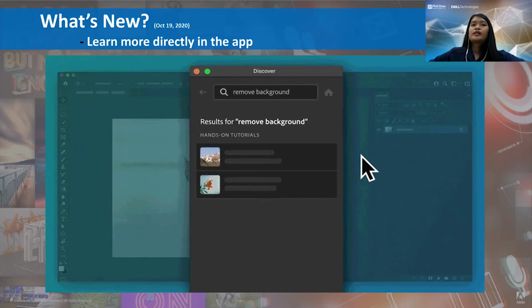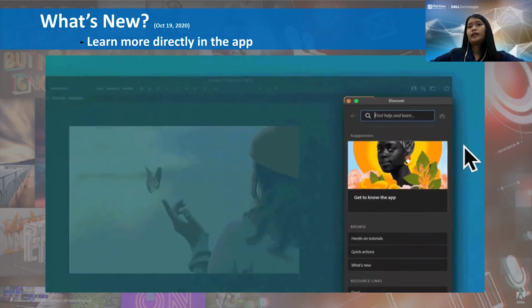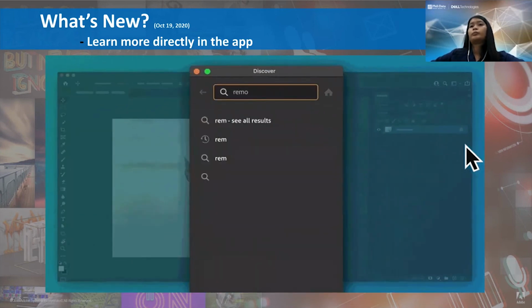Also, this is good for newbie graphic designers or those who are new to Photoshop, wherein they can search for the command that they want and it will automatically be available for them. Also, there are in-app tutorial videos for you to play within the app.